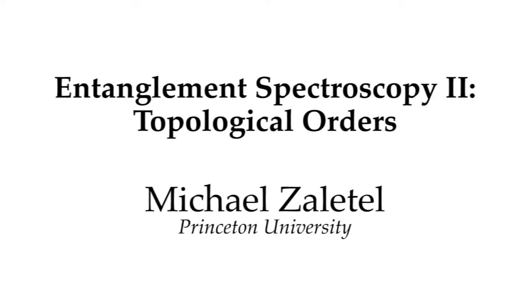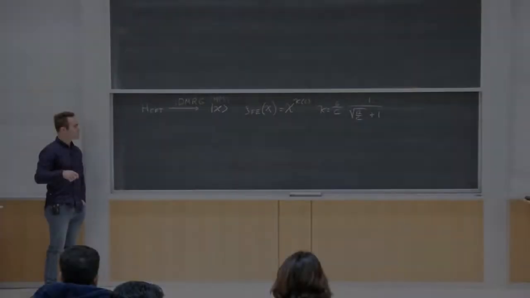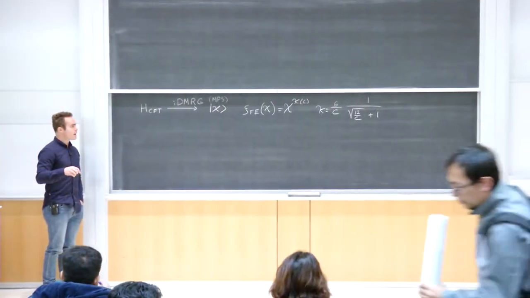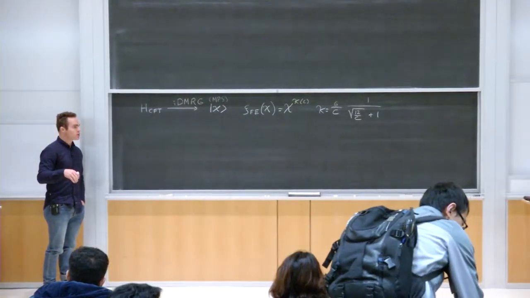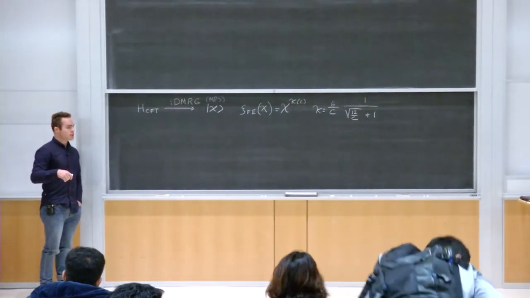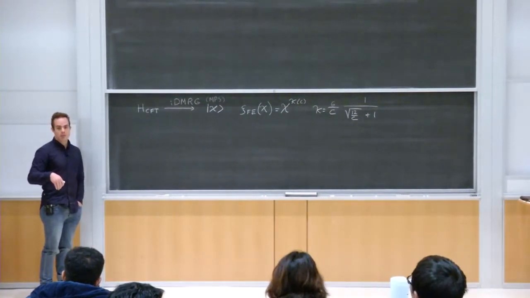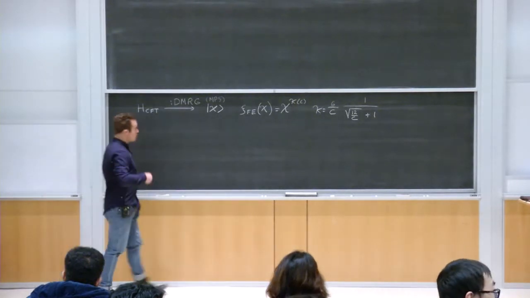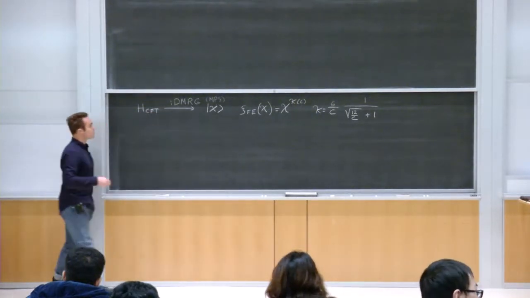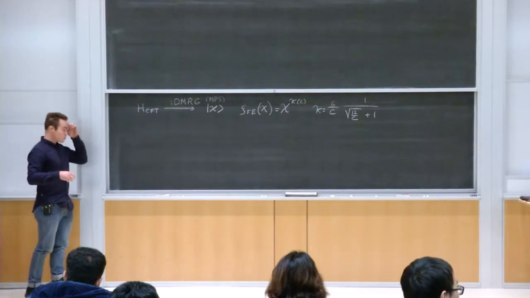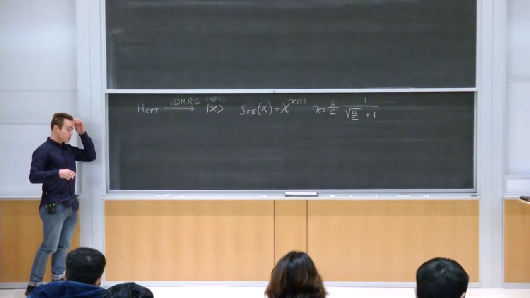for gapless phases and try and apply it to systems in 2D with an emergent Fermi surface. And then when I finish that, I want to touch on numerically detecting topological order to sort of complement Lukáš and Youngbuck's talks. So what we discussed last time was